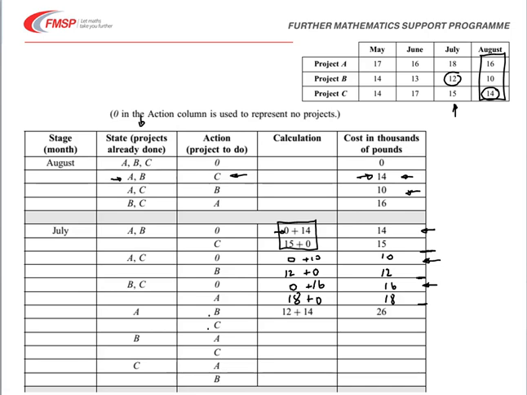In a similar fashion then, we have 15 for doing C, and if we do A and C, we must follow that up with B, which is 10, and that's coming from the table above. And then finally the 16 I've just indicated there comes into the next element. So we have 18 for doing A in July, and then we must follow that up with C, which is 14,